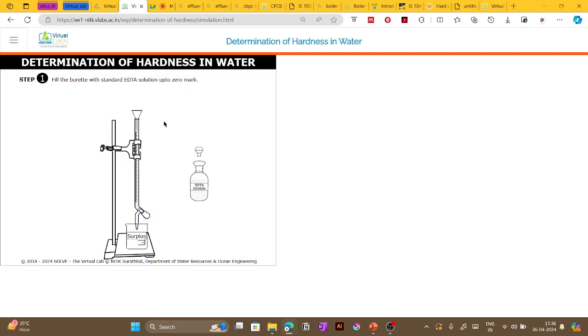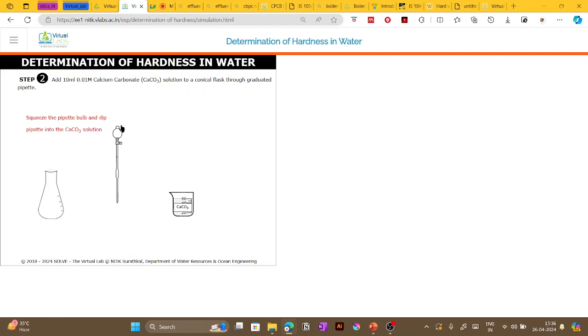Once that is done, remove the funnel also. Now what we will do, we will take a known quantity of CaCO3 solution, pipette it out,